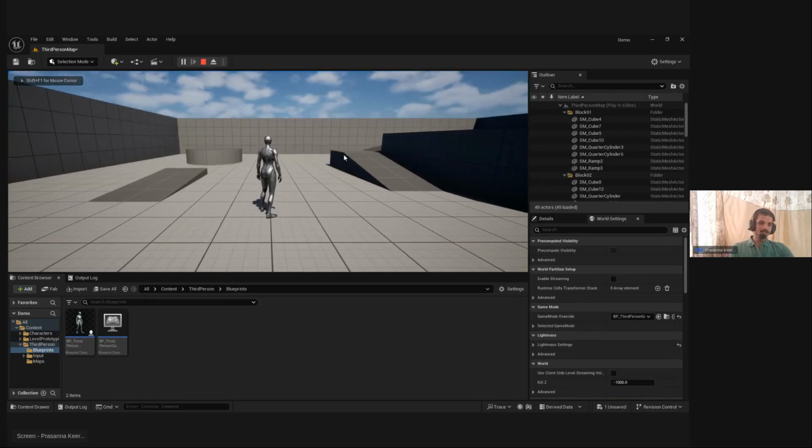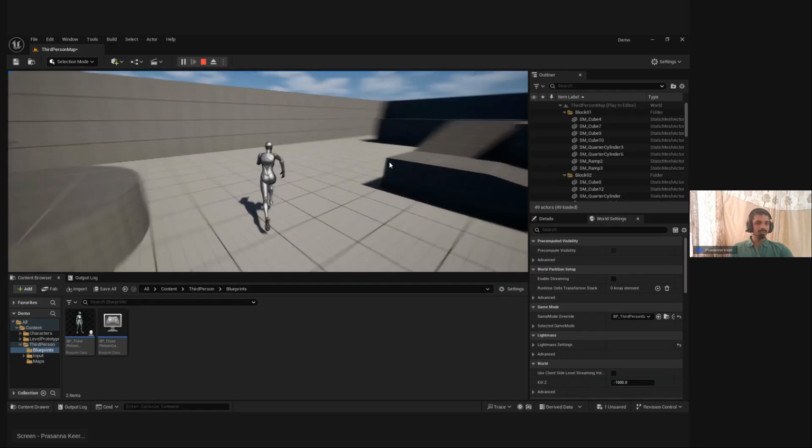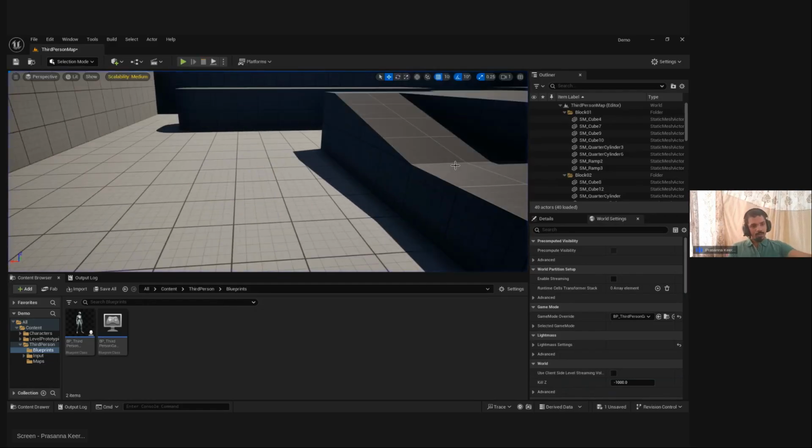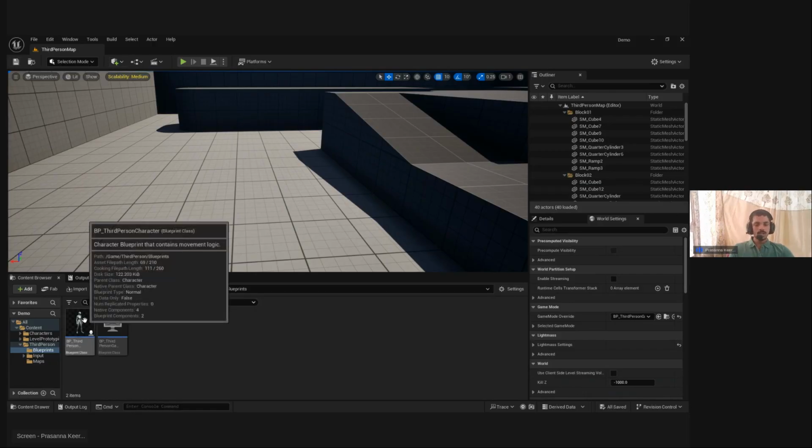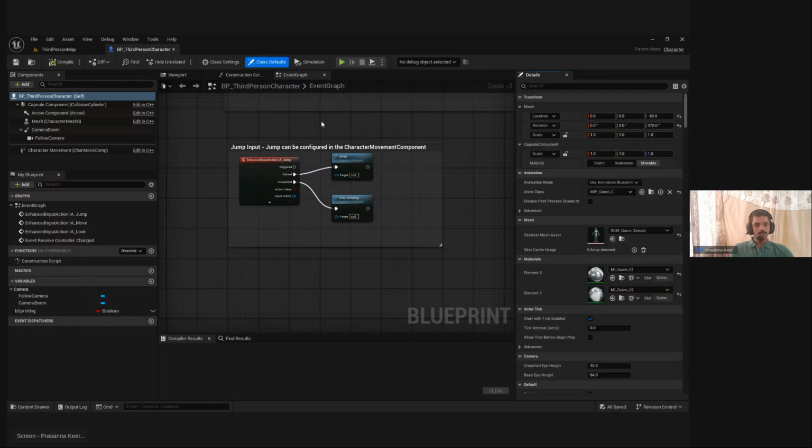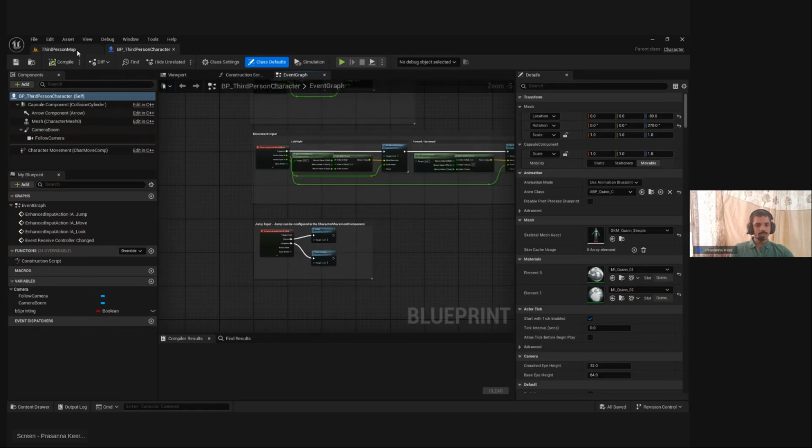Epic is not wrong, because you need to cover all the level area, right? If they give you a slow speed, it may feel like you need to run continuously. So they did some things. We can now alter this to make a sprinting system. All right, so just opening the blueprint. It is the third person blueprint.